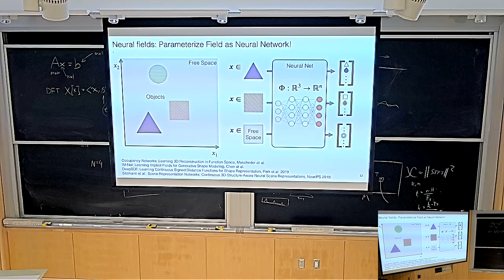The idea is to say the following. We have this function, defined in 3D. This function, for instance, might parameterize the signed distance function of this room here. And this function could be really, really complicated, in the sense that it might have lots of high frequency detail. How can we parameterize this function efficiently?